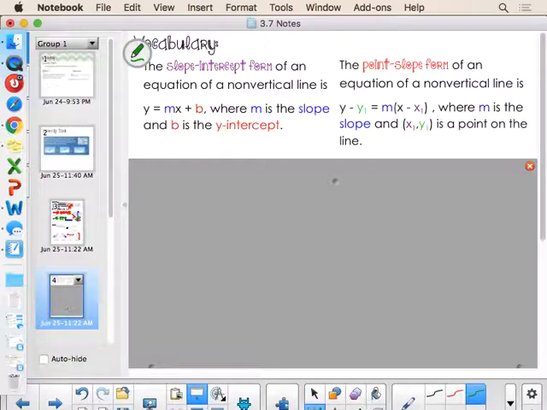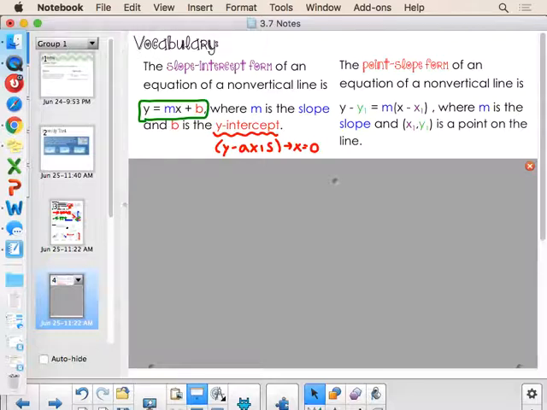That is our y = mx + b format, where once again, m is the slope, and b is going to be your y-intercept. The y-intercept is where you intersect the y-axis, aka this is where you have an x value that is 0. The point-slope form of the equation is also helpful.